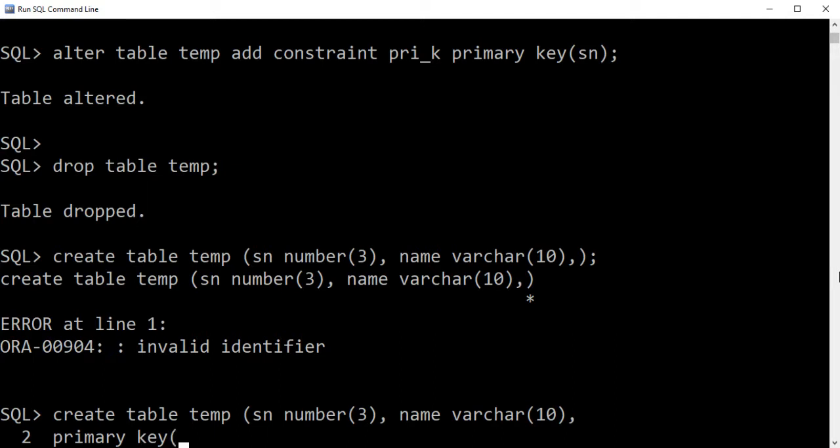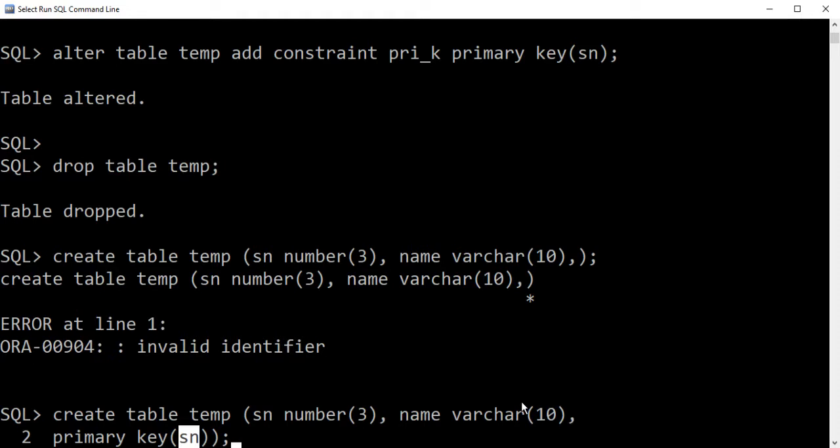This is the best method of creating the primary key, as we just define all the attributes, and after defining all the attributes and a comma, then declare the constraints for the table. So here I have declared the primary key constraint for the first attribute.